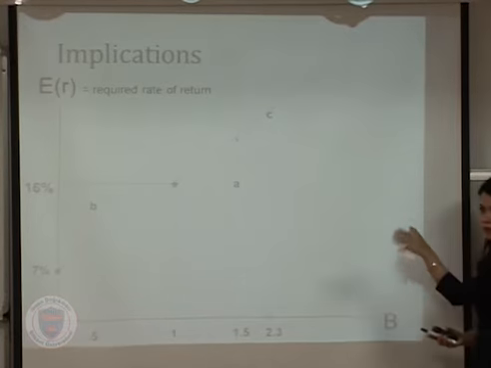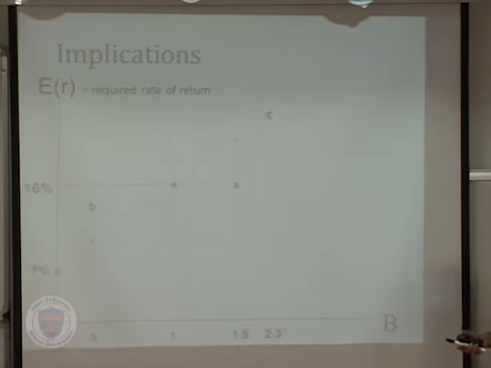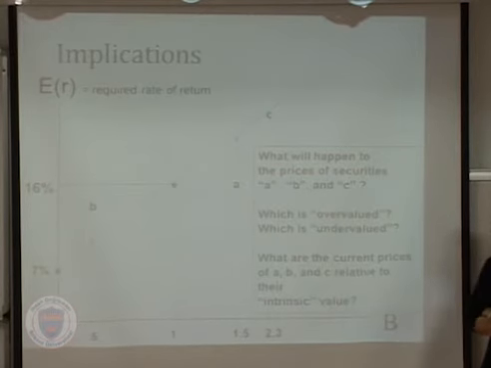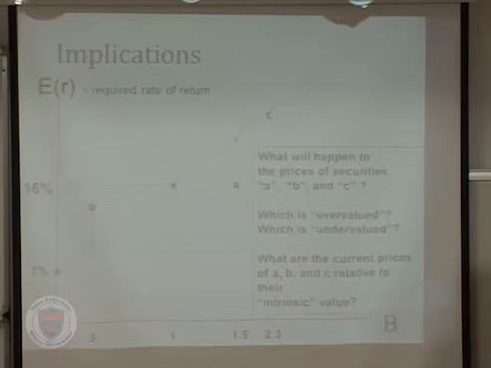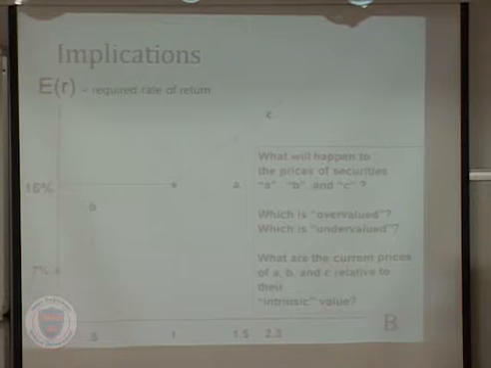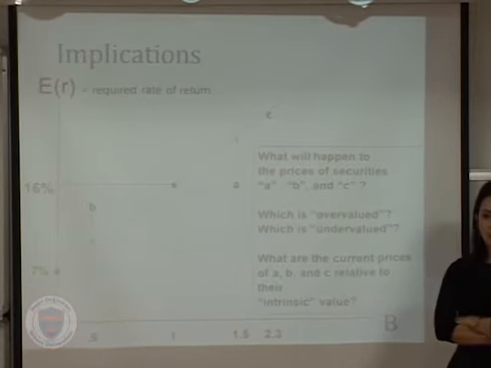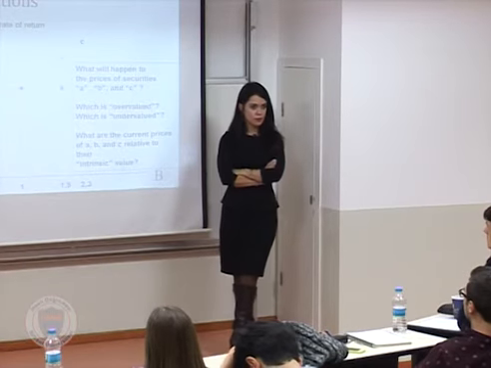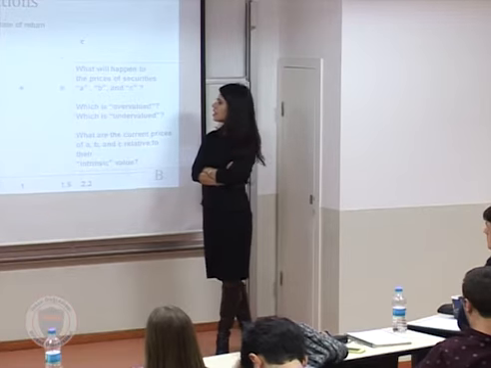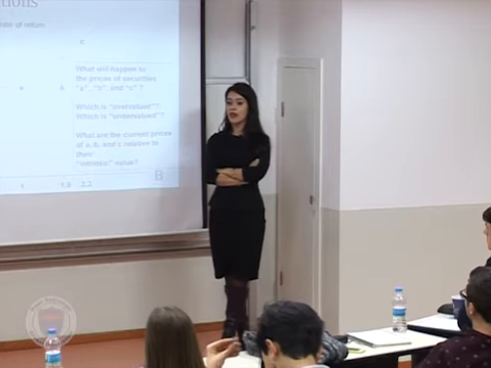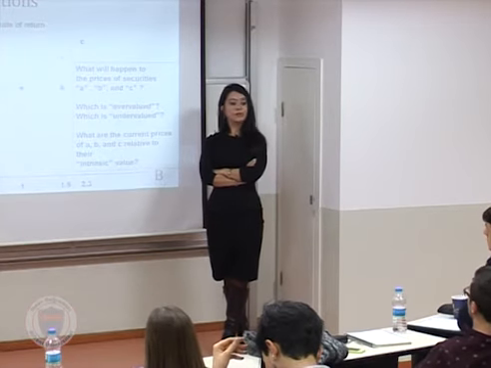So you put those 3 things in the graph. So my question will be this. When you have security market lines and estimated returns like this, what will happen to the price of A, B, and C in the economy? If CAPM works, if CAPM is a well-working theory, which stock is overvalued, which is undervalued, which is fair valued?